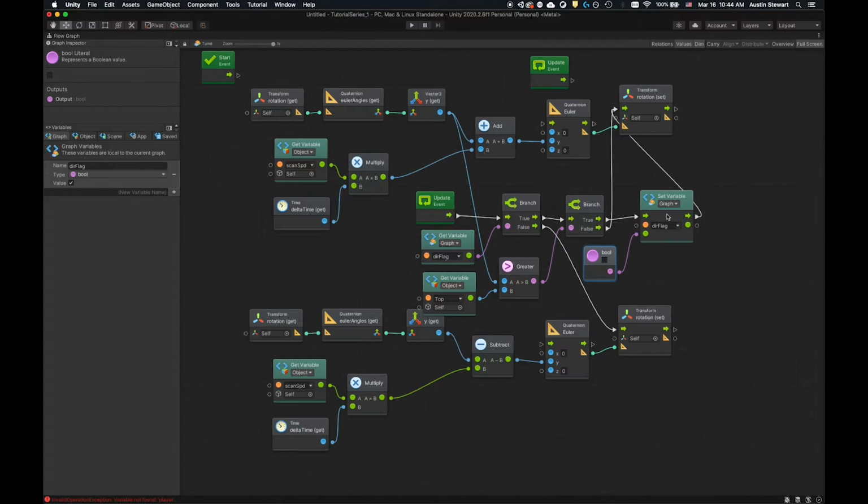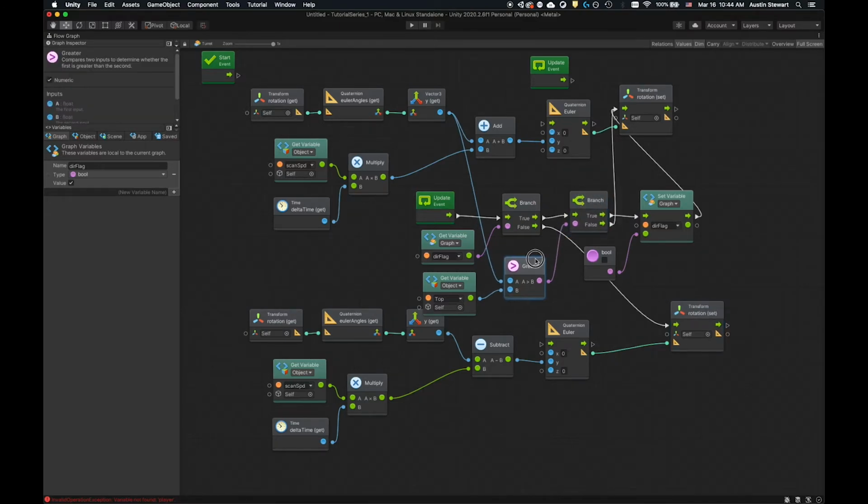So let's set our direction flag to false, and then we'll update our rotation one more time, which doesn't really matter. Then when we come back through this update, it's going to say, oh, our direction flag is false. That means we need to come down and do this set of steps. And with this set of steps, we just need to go ahead and take these few objects and